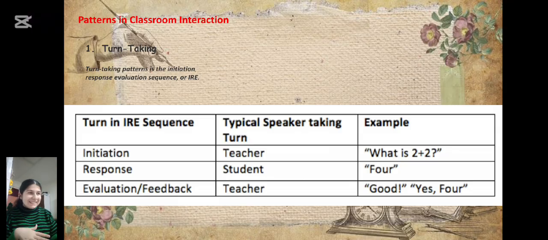The questions that we know the answers to, and the answer is basic, and the question is basic too. But after the answer, the teacher should give feedback, and a good feedback, such as, well, you're doing well, yes, this is the right answer. So the answer is known and the question is easy. So here the main topic is the feedback from the teacher. So this is turn-taking interaction.